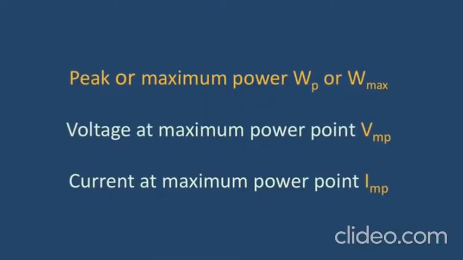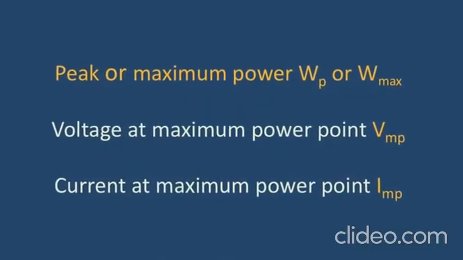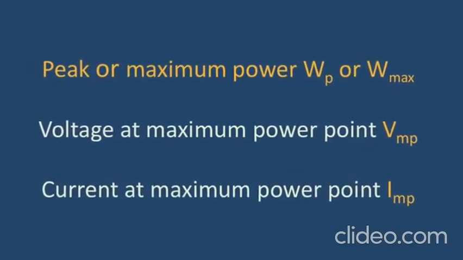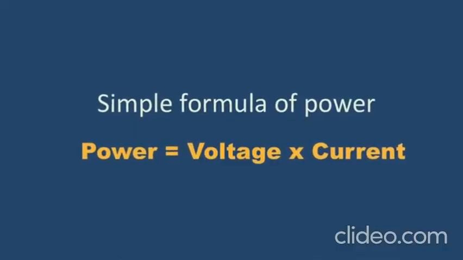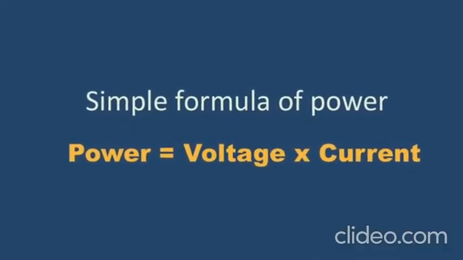Well, when it comes to power, there are two parameters also important. One is voltage and current. So corresponding to the maximum power, there is a maximum voltage and the maximum current. And a very simple formula that you should learn is that whenever you multiply a voltage with the current, you get a power. So if your voltage is 2 volt and your current is 2 ampere, power is 2 multiplied by 2, that is 4 watt, right?